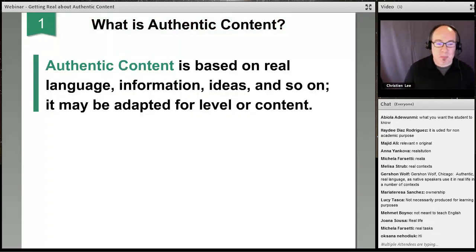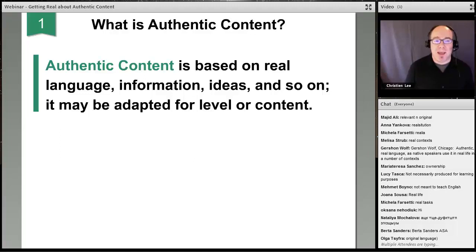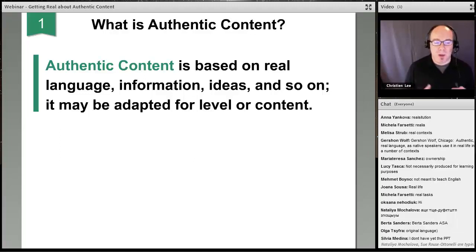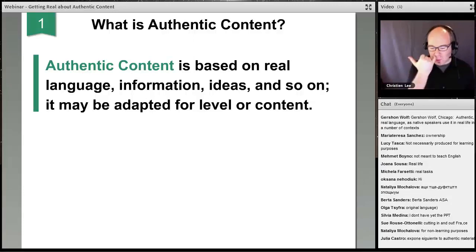Authentic content is everywhere. And I'm going to make a distinction between authentic content and authentic materials. When I talk about authentic content, I'm specifically describing material that is based on real language, real information, real ideas, but it may be adapted for level or content. So for example, you may have something based on real information, but it's been written at a B1 level, or it's real information, but some of the stuff's been taken out